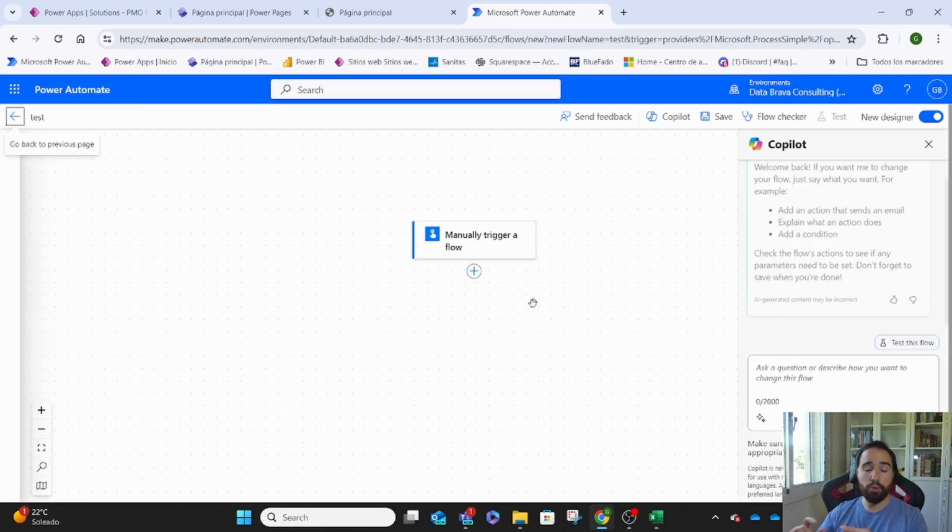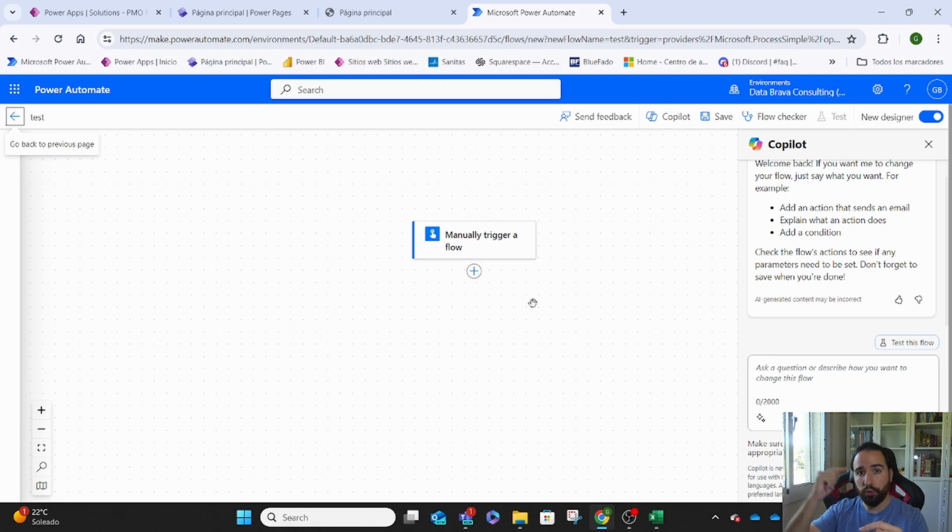This way, you avoid having to trigger the whole flow all the time, because that sometimes might be a little bit tedious, or it might take a little bit of time to trigger the whole flow to just test one part of it. So if you have a simple manual flow that triggers that specific block that you want, or the couple that you need to trigger that specific block, that's more than enough,